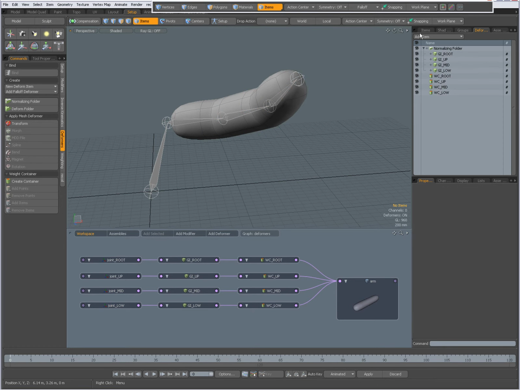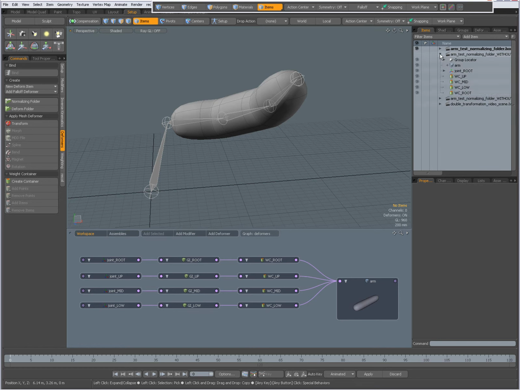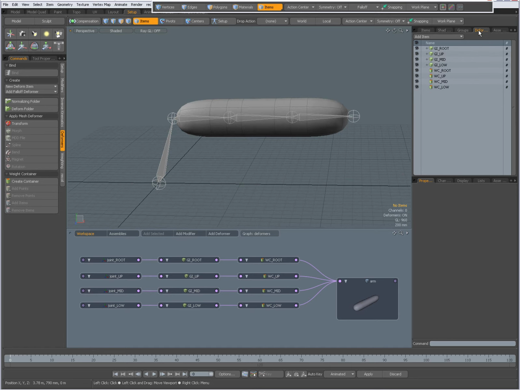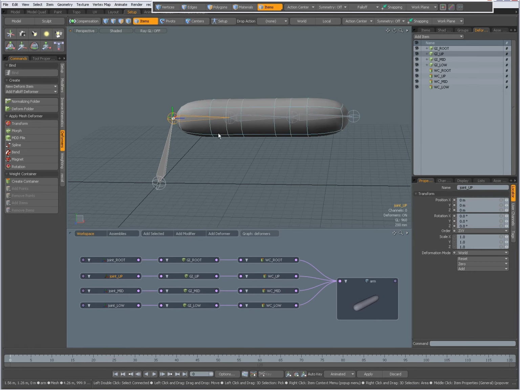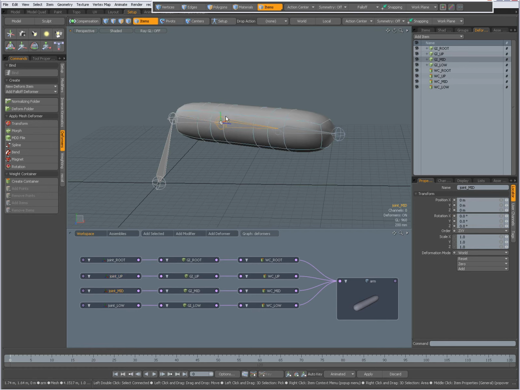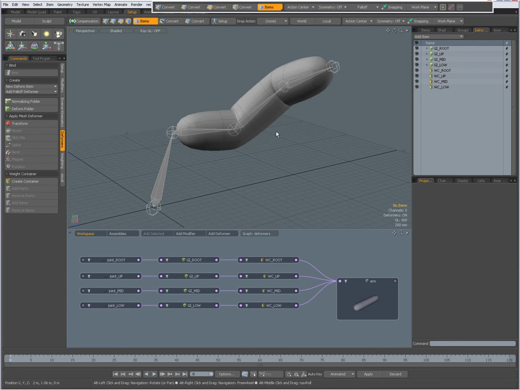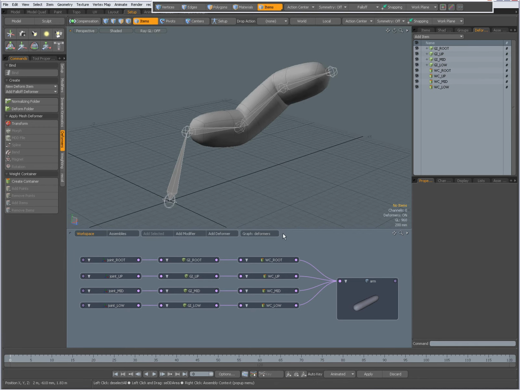Okay, now I'm going to another scene, a similar scene, and in this scene I actually have the same setup, with the difference being that I have no normalizing folder. And, surprise, when I rotate everything, it still works fine. Now, although I have no normalizing folder here, I did find out that it is because of the weighting that everything still works fine. You see, when I go to my vertex map view, when I select my root weight